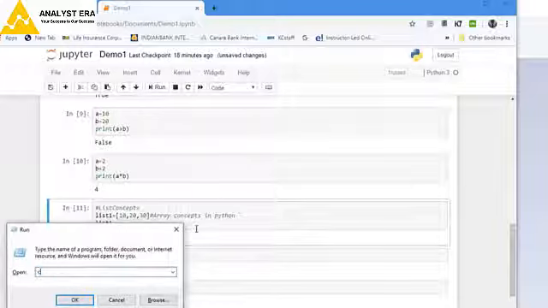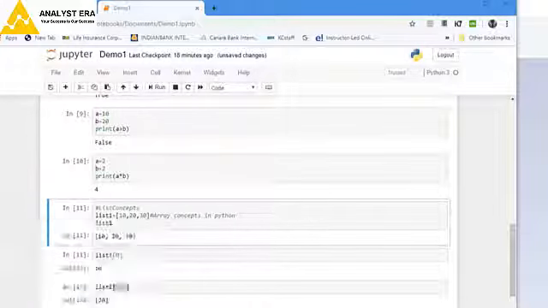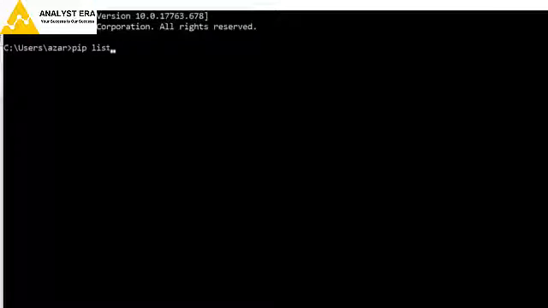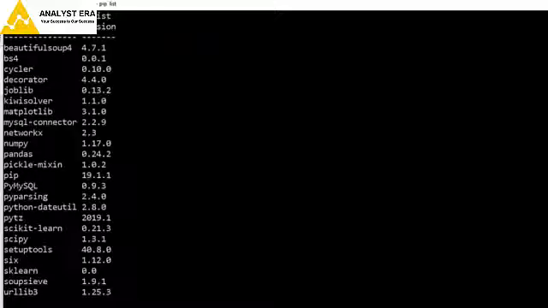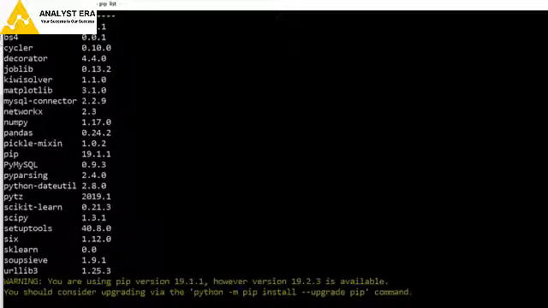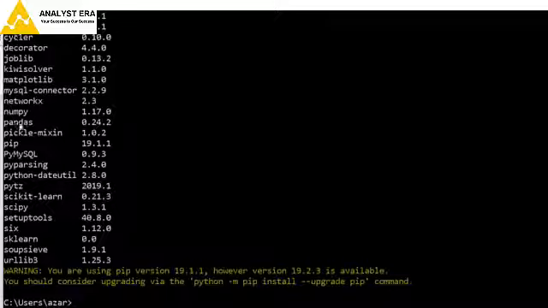So we can take it in CMD. Okay, fifth list. It will take some time. These are all advanced concepts.